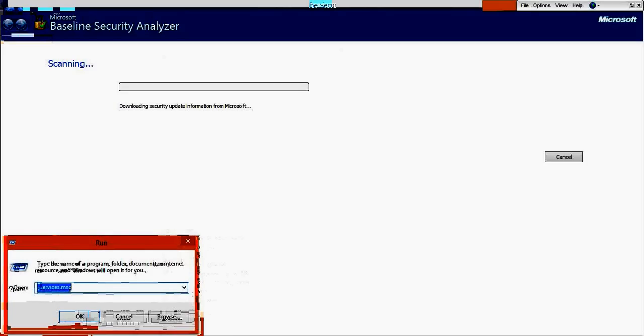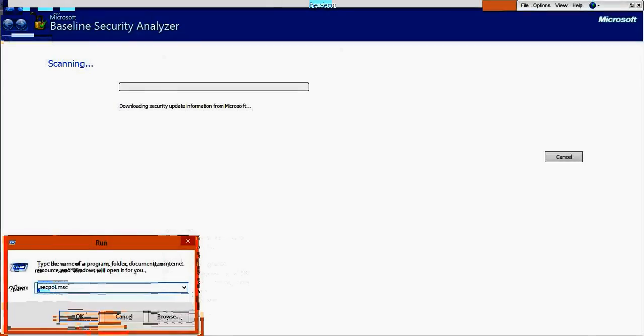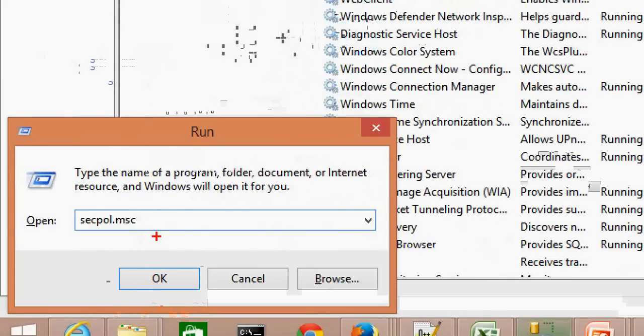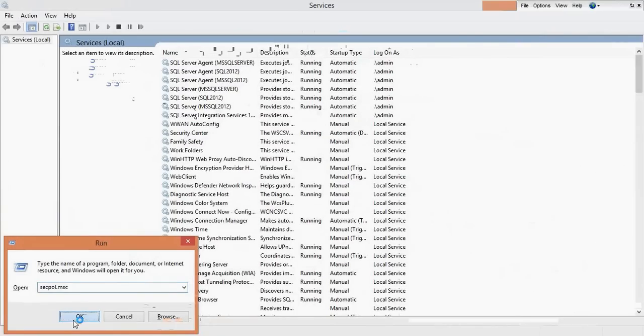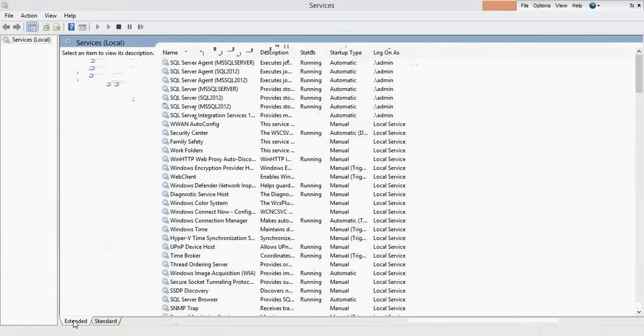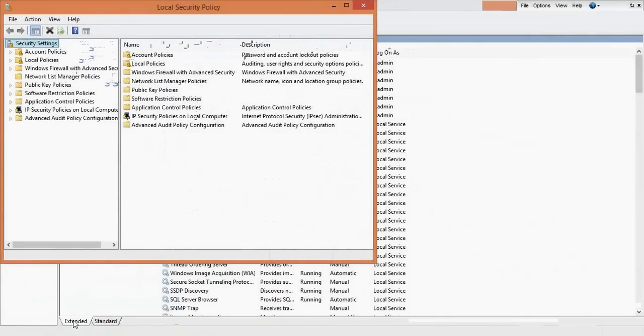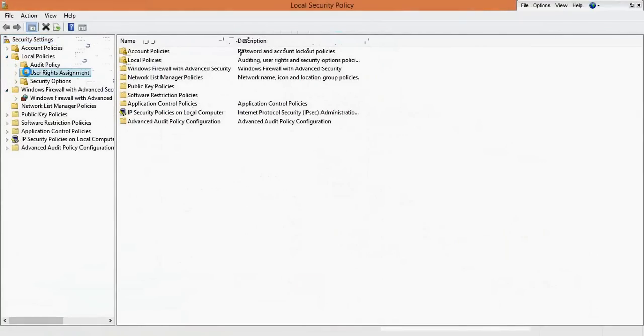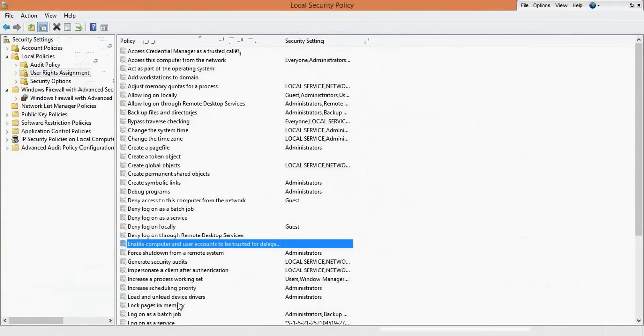This can be done by using secpol.msc. You can use gpedit.cpl also to open the local security policy.